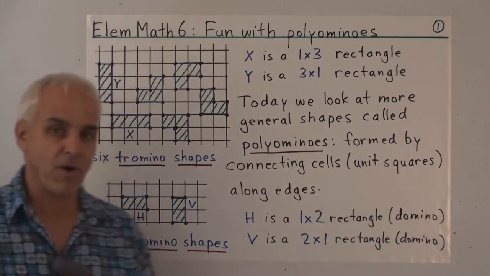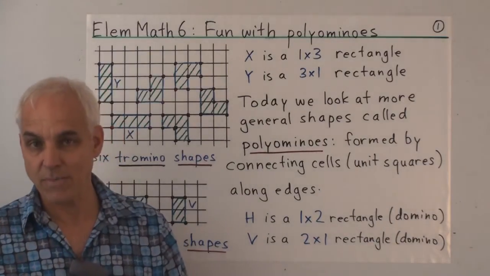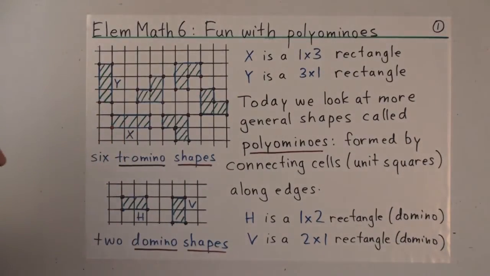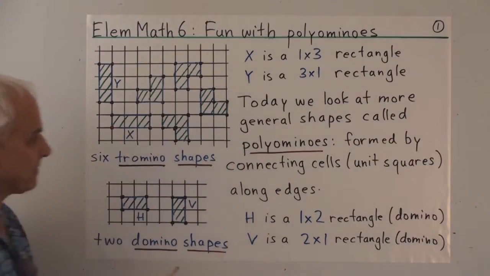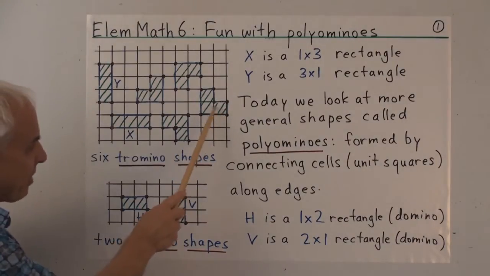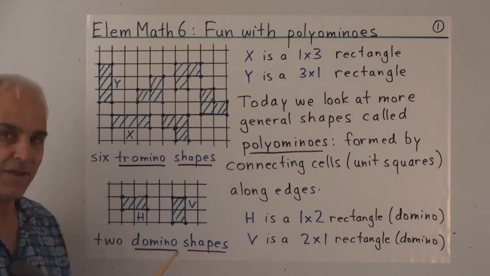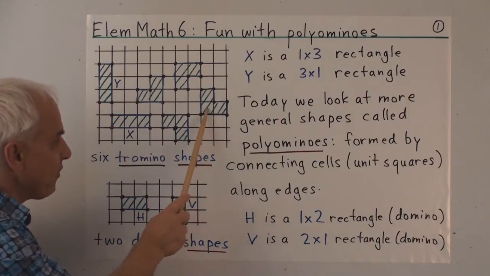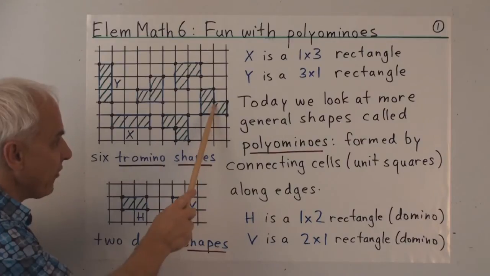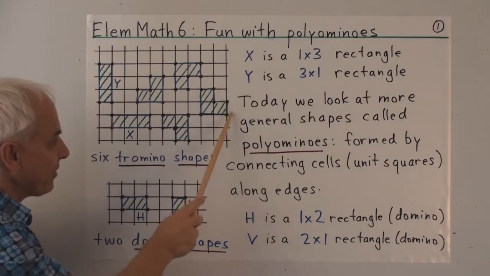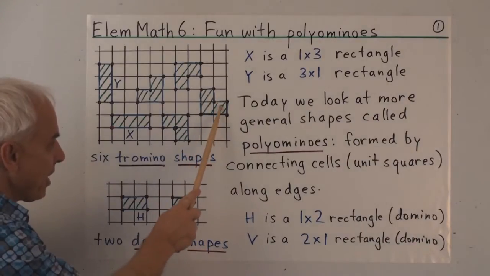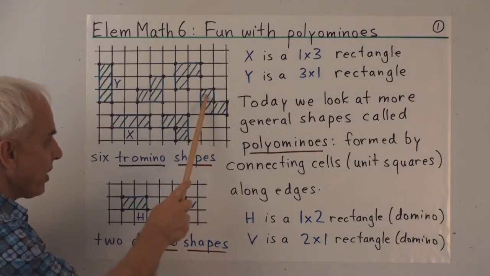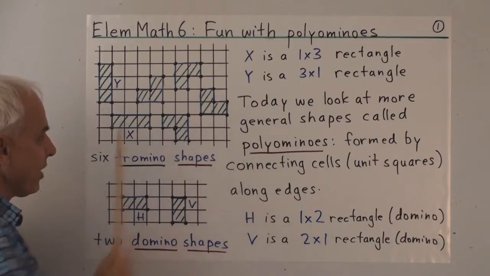This is the motivating idea for a more general kind of object on the grid plane called a polyomino. So these more general shapes are formed by connecting cells along edges. We insist that we're going to have a bunch of cells, and we can get from any one to any other by just moving sequentially across a common edge. So for example, this little object right here, these 3 cells together form a polyomino with 3 cells. We can go from here to here by going across this edge and then going across this edge from one square to another.